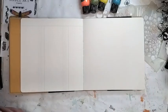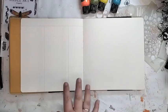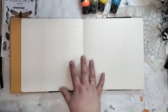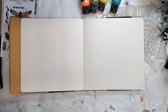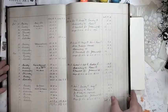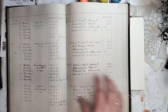Okay, now Diane Reevely is actually the lady that introduced me to art journaling. Before that, I was a very neat and precise scrapbooker. And I saw her, and the very first sprays she launched, she was journaling in a ledger, like an old 100-year-old ledger. And I then proceeded to collect them, in the hopes that I was going to art journal in one. And here is just an example. I may have shown you this before. So this is a ledger. The oldest...